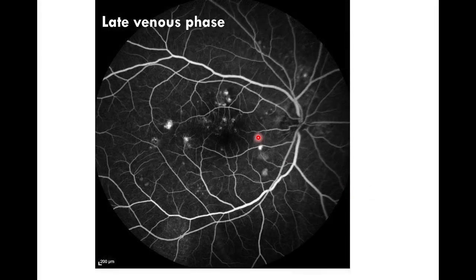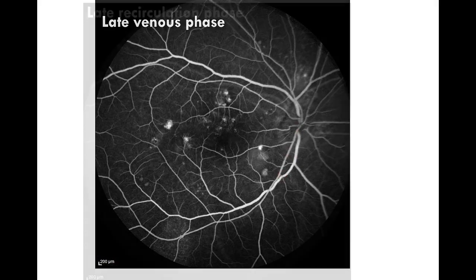Now this is the late venous phase. There is complete filling of the vein by the fluorescent dye. Here what we can see is this is the artery, this is the vein. Now gradually the dye in the artery is moving away, it's getting cleared. So here we can see the venous hyperfluorescence is more than the arterial hyperfluorescence. So this is the late venous phase. There is no laminar flow here.